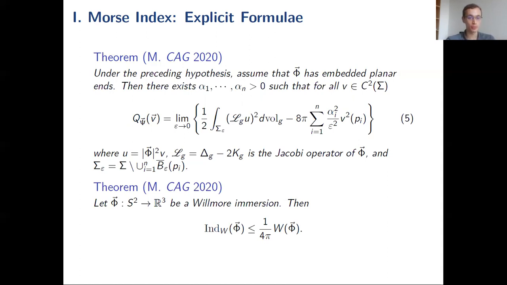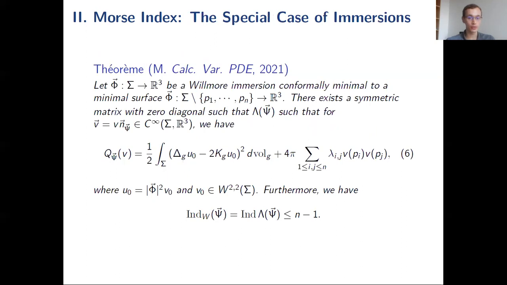Here it will get a bit more technical, but I first state the result. So yes, the renormalized energy exists, and it takes the following form. The first term will be also the integral of the Jacobi field squared for some other function u_0, plus some finite dimensional quadratic form. So you have the existence of some matrix lambda, which only depends on the minimal surface, and we see there's no choice of charts here, times the value of v(p_i), v(p_j).